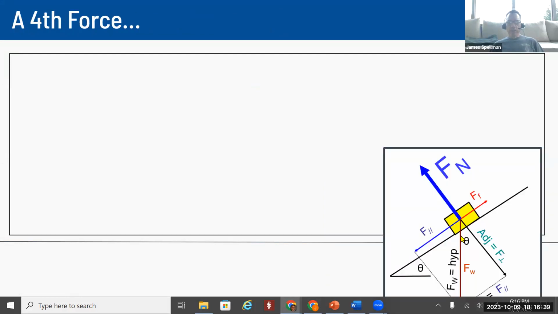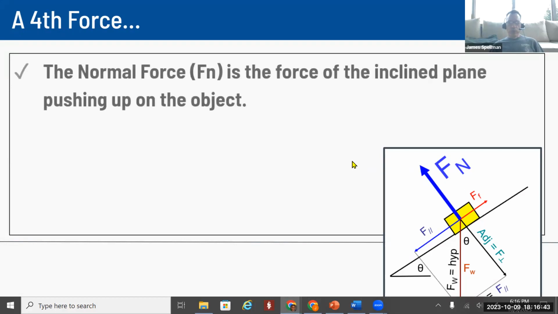There should be a fourth force that's drawn on here, and it's our normal force. We've defined this before, but the normal force is the force of anything pushing up on an object. So in this case, it's the force of the inclined plane pushing up on the object, and it's still going to be perpendicular to the surface of the plane. It basically is an extension of